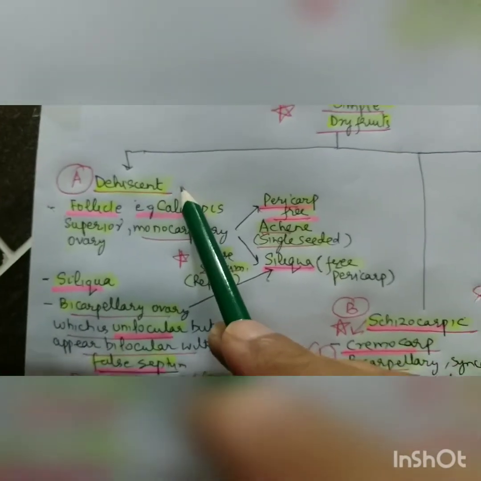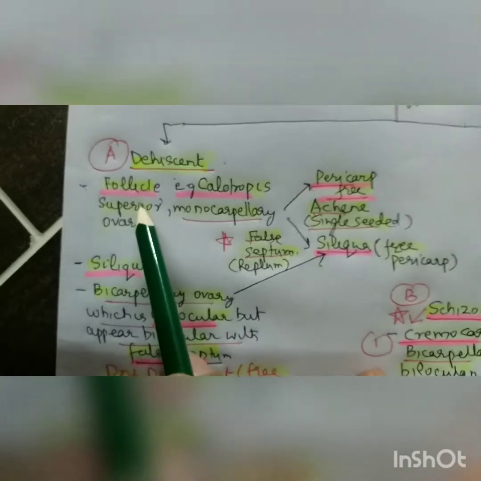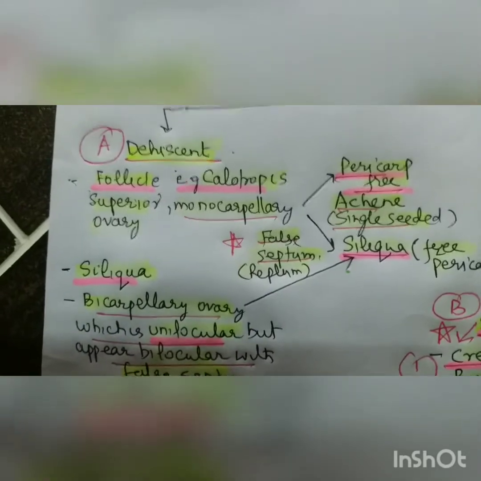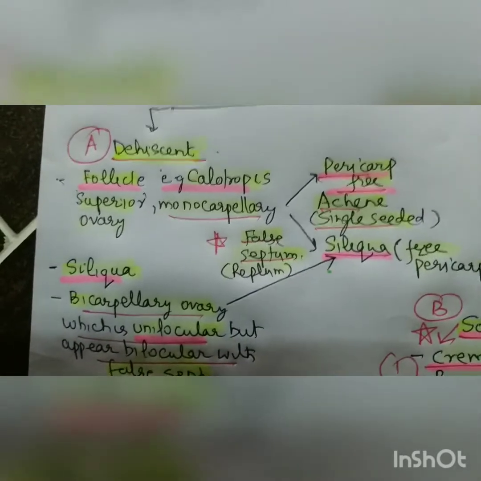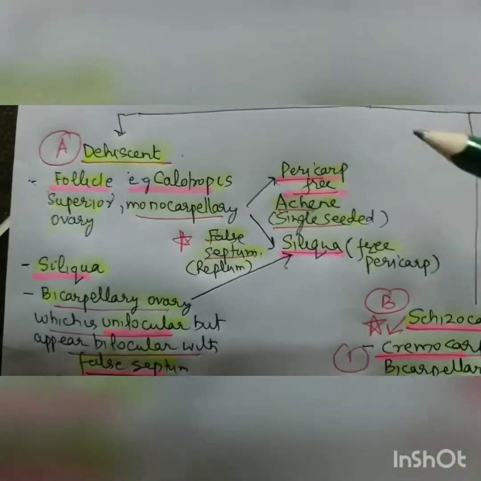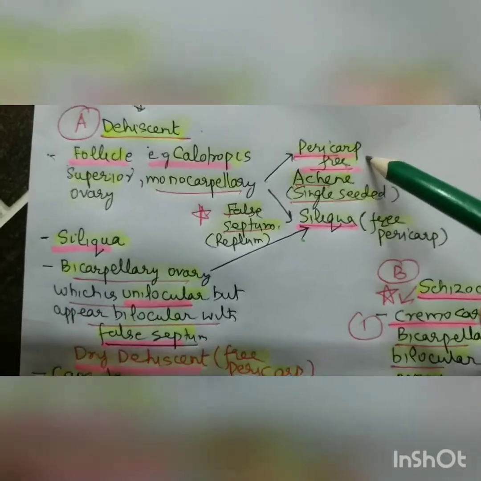We have first the dehiscent fruits. The first example is follicle, which comes from the superior, monocarpellary ovary. An example is Calotropis, which we did in SLPDC just now. And here the very important question will come: follicle is free,